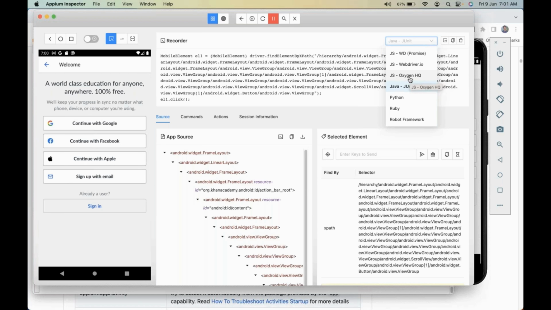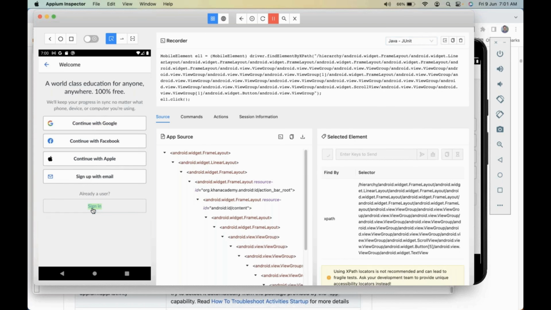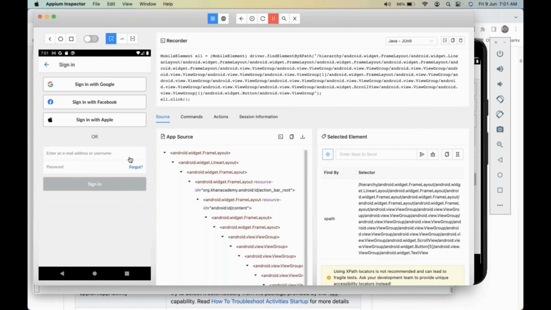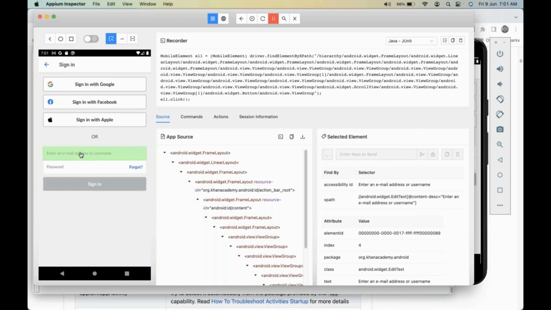So that's how things are going to be working over here. All that you will have to be dealing with now is simply going forward with interacting with the elements on the screen. Let's say I wanted to click on the sign in again. You can look out for which is a better locator and then use it accordingly. Just do a tap. It'll capture that again, where it goes into the sign in page. So here I wanted to do a type activity, so I'll try to do send keys